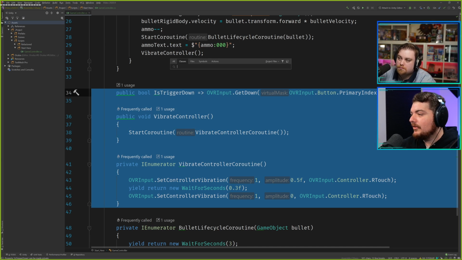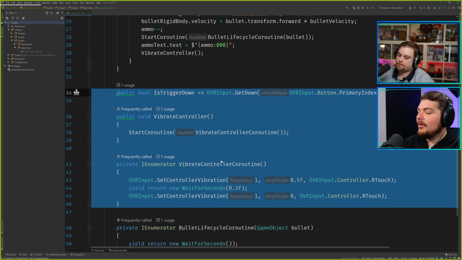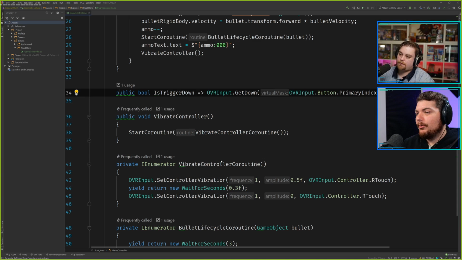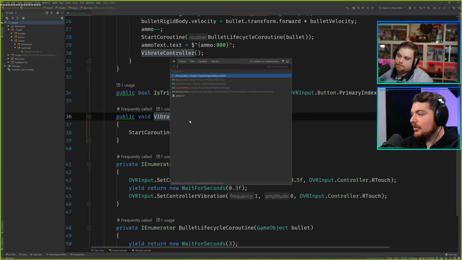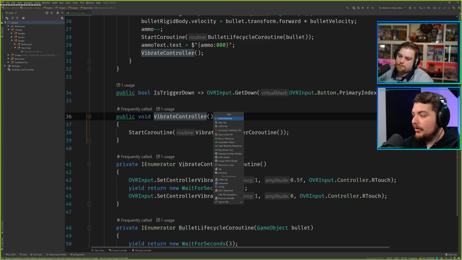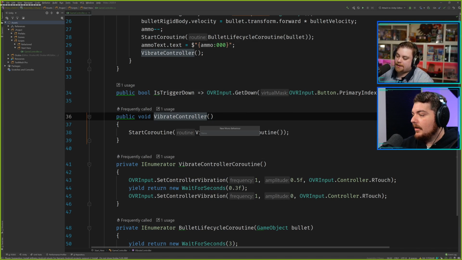So I don't think so. There's a method of refactoring called move, and I'll probably be able to show it later, but I don't think I can do it in this case. Anyway, I'm just going to create a new class, or rather a new MonoBehaviour. Last time I tried this, you could move one method into its own class, and then move the rest to that other class once it's created.